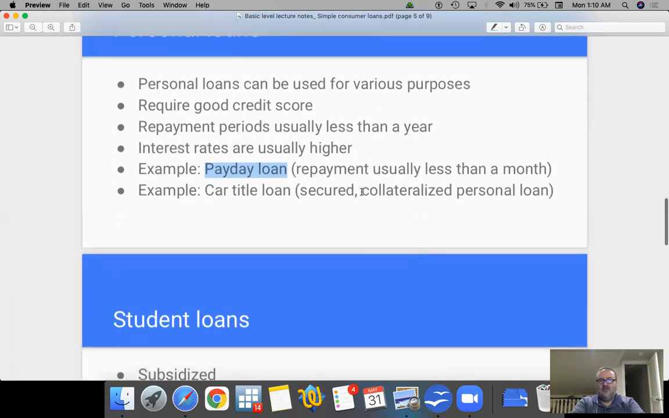So we used a couple of terms: secured, securitization, and collateralized. It simply means that when you're applying for a loan, you could simply apply as yourself with your own credit score, and the financial institution will be basing their decision on your credit history, and that would be an unsecured and uncollateralized